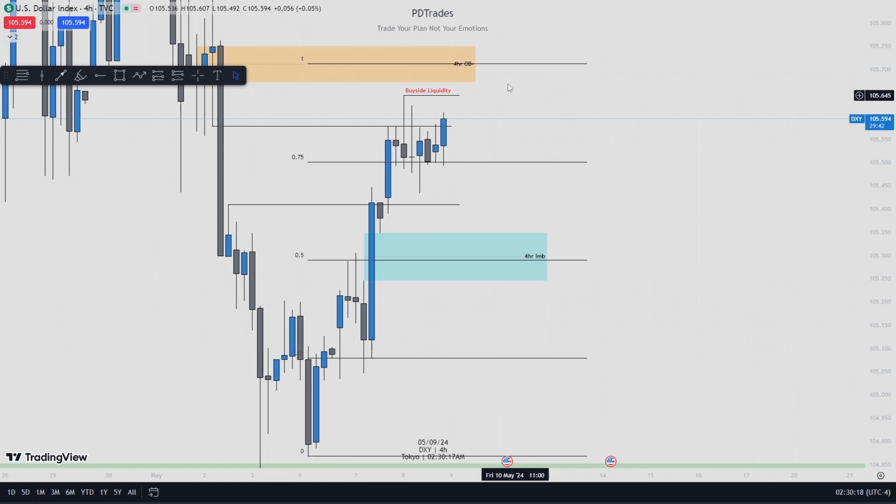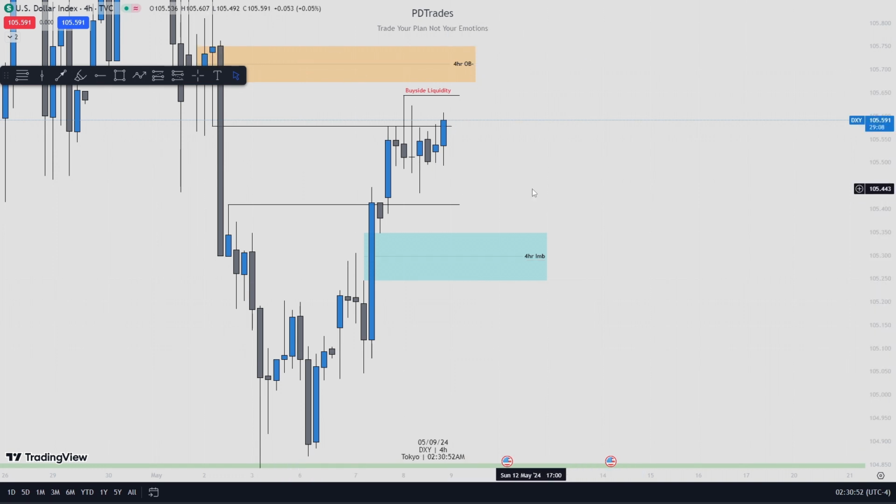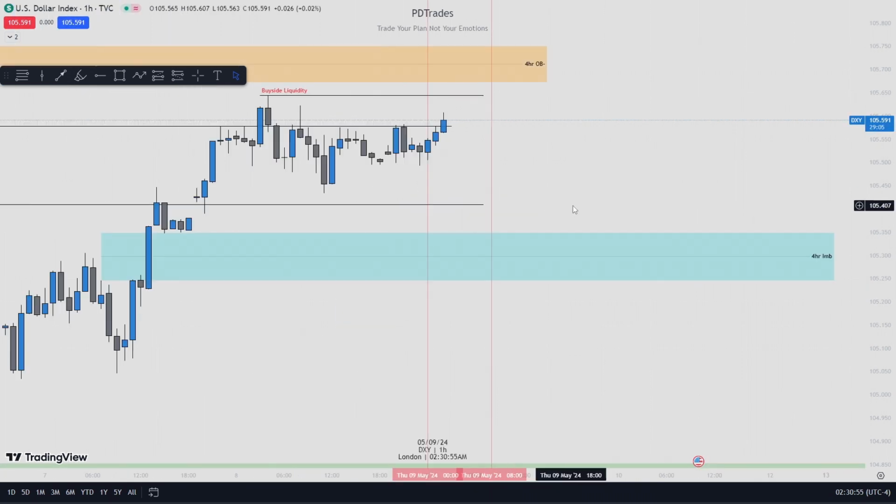You see that? So now I'm looking at this area here. It might come here, it might not come here, or it might use the news today to come here. I don't know. But the market will give me a hand during London and actually before 8:30. That's why I usually wait and let the market show its hand. Then I can start looking for a trade.